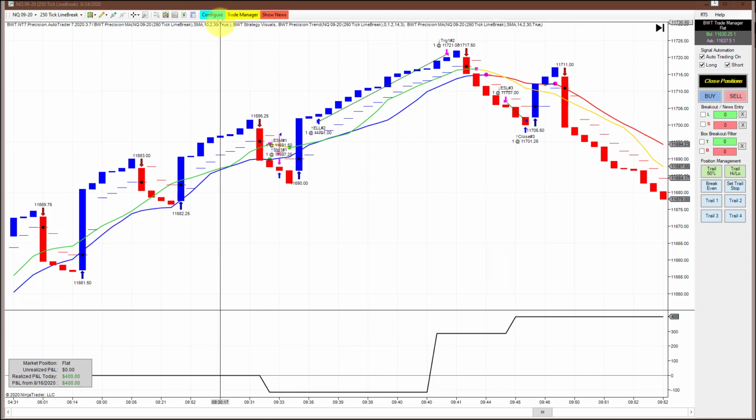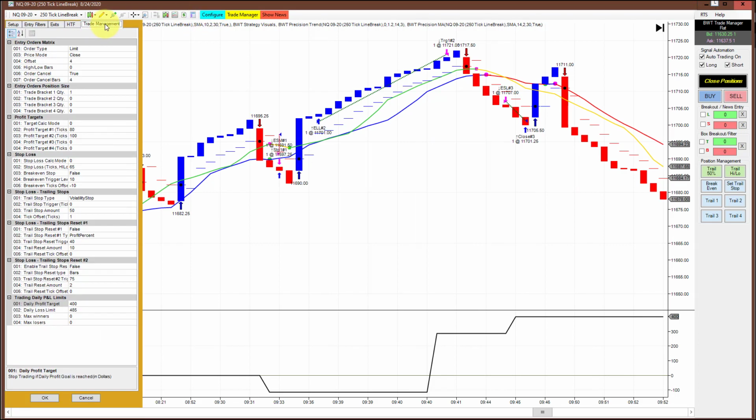I traded my LeeLoo account last night, and I traded two charts. First, the very reliable 250 line break. What I did on this is I switched it up to one contract, and that allows it to absorb a loser here. So I actually have a little bit lower stop loss, and I lowered the target just a little bit to 400, and that was a pretty good move because both of these trades, you can see we had